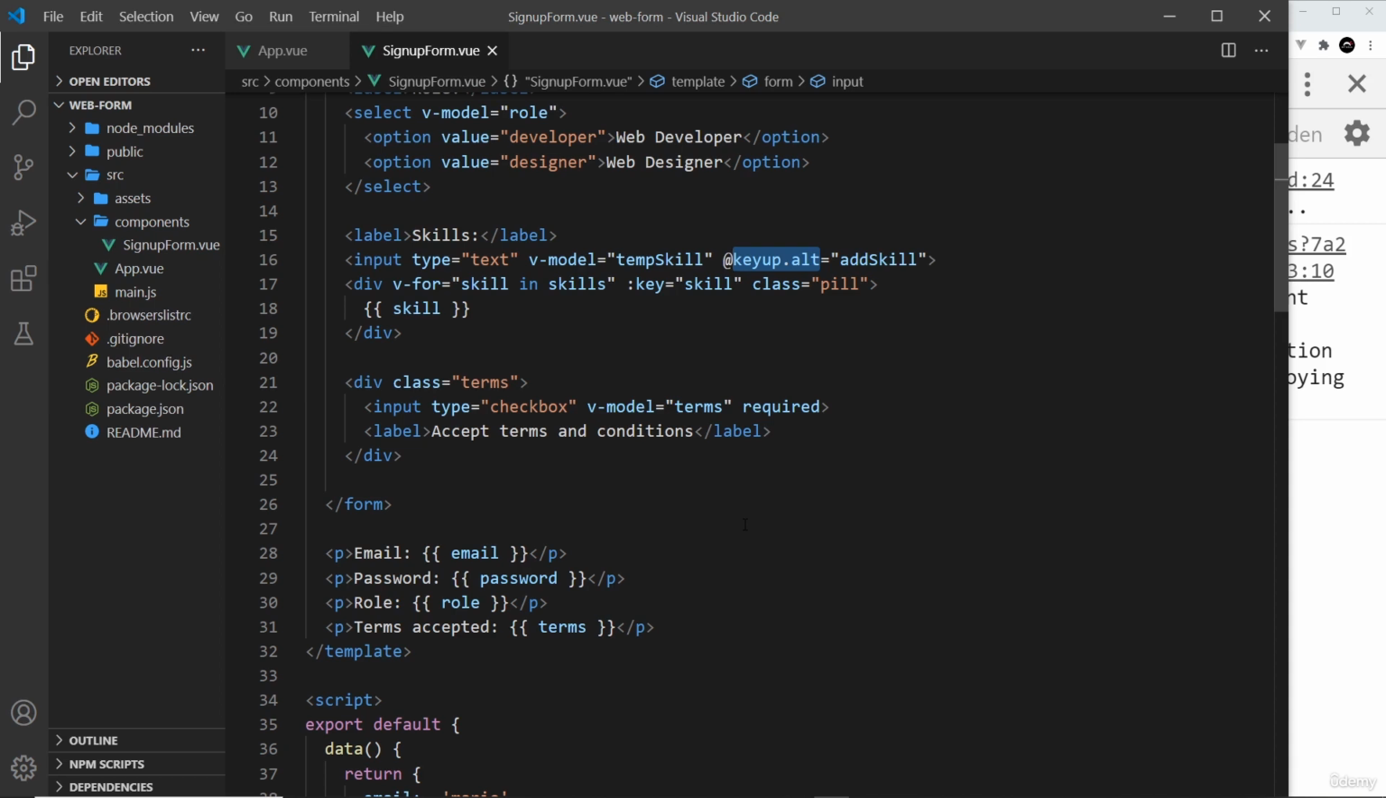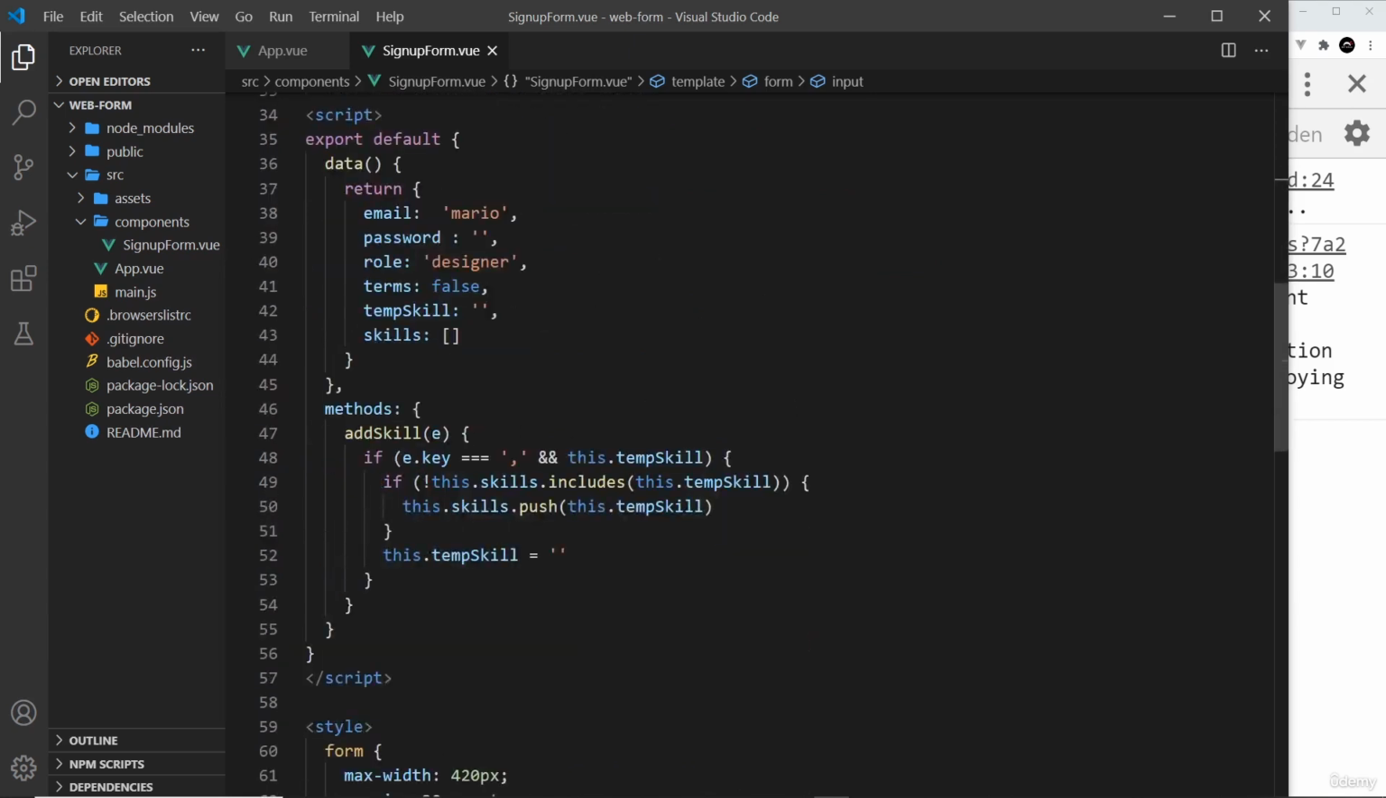So I know there was quite a lot to take in that video, but hopefully now you understand the two main concepts that we've gone through here. First of all, we have a keyboard event, key up, that fires a function every time there is a key up event inside this input field. And then we fire this add skill function. Inside that, we take in the event object and we check the key. And if it was a comma, and if this .temp skill has a value,